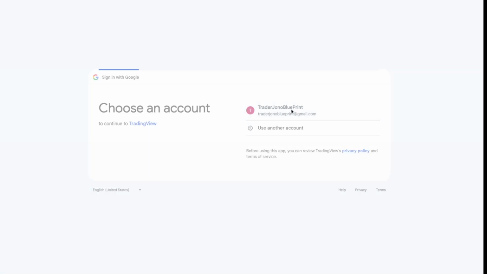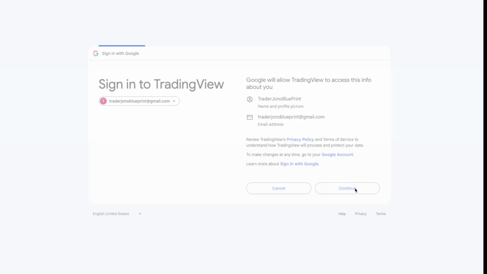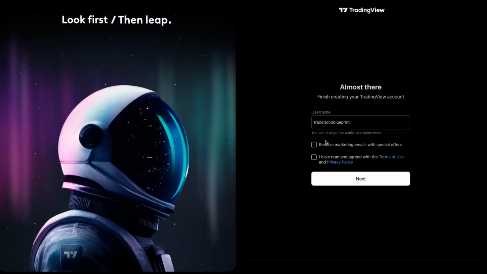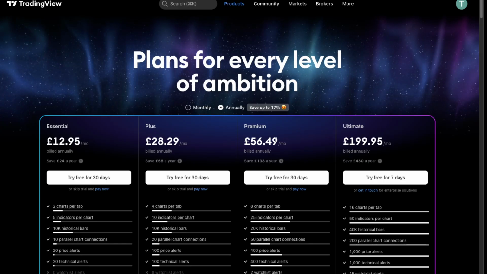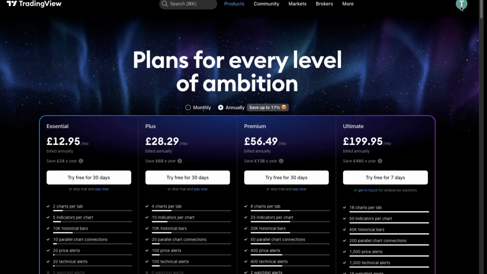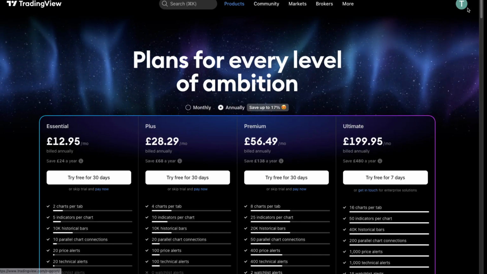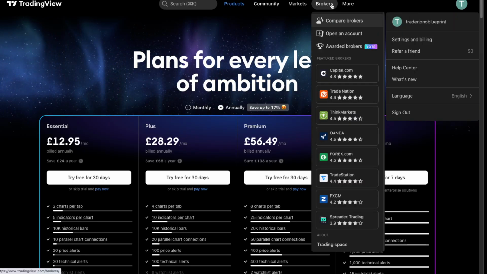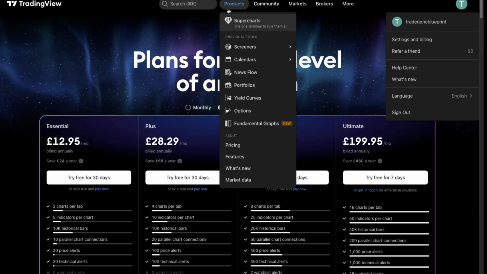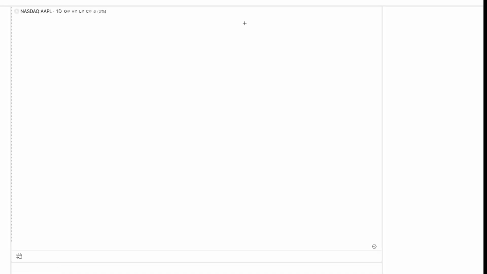Once your account is created, Tradingview takes you straight to the home page. At this point, your trial or free version is active and ready to explore. You can begin testing charts, building watch lists, and trying out tools that match your trading style. It may take a moment to get used to the layout, but you now have full access to experiment without